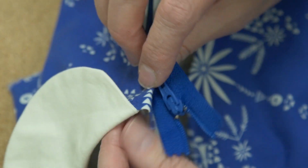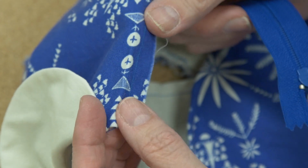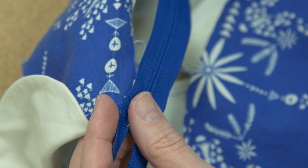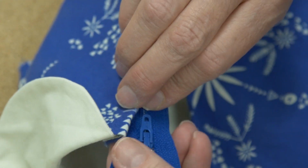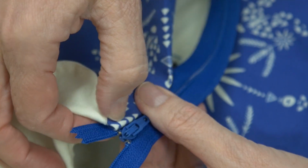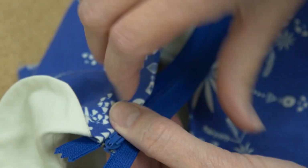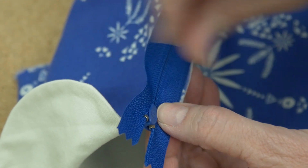Okay, so I'm going to do it one more time because it's tricky. So here's my underlap, 1/2 inch. I've pressed it under 1/2 inch, so it does not match up to where my seam is. It's a little bit less. And now I'm going to lay that underlap fold right next to the zipper teeth, and I'm going to go up about 1/8 here, and then I'm going to hold on to the zipper here